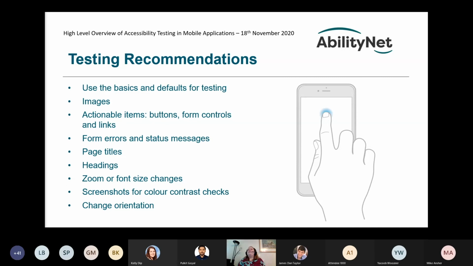So yes, testing, always check the images. If you're never 100% sure, I believe they should have a description of some sort. Actionable items, how do they work? Form errors and status messages, they're very interesting. I know going for WCAG 2.1 with the new status message announcement, be very careful with alerts on especially Android, where it will sometimes move the focus of wherever you are to the alert. I think it's improved a lot, but I remember when I first started testing on native application,